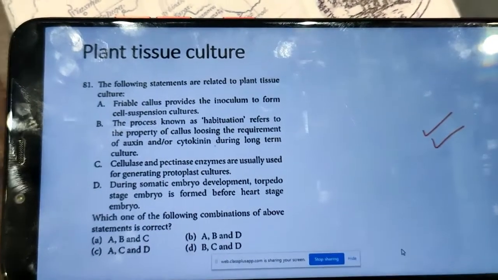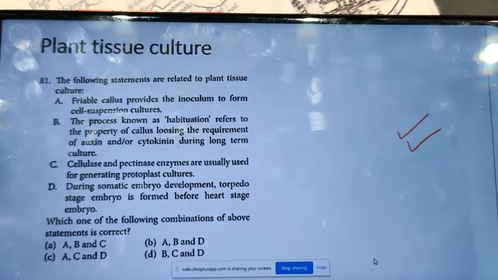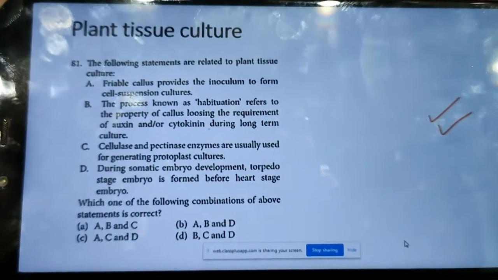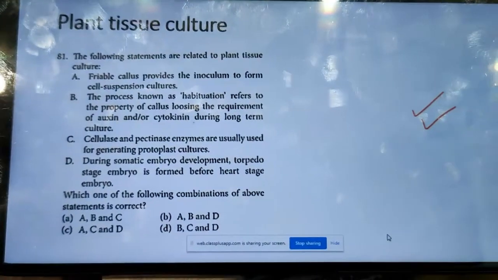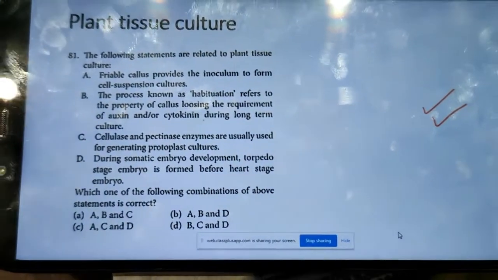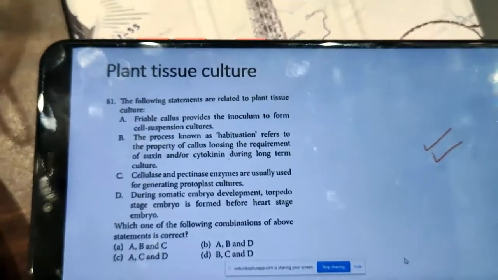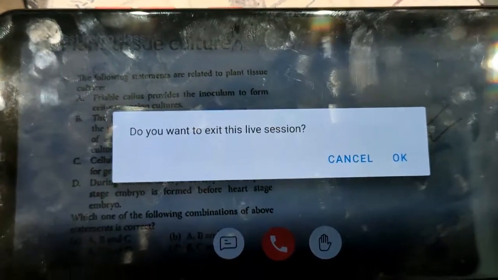But remember that I'll reply to the questions which are on topic, not off topic. If you ask something which is not related to the topic that we have discussed, in that case I may not always attend to it, but if it's related to the topic, obviously I'll answer. I must answer.